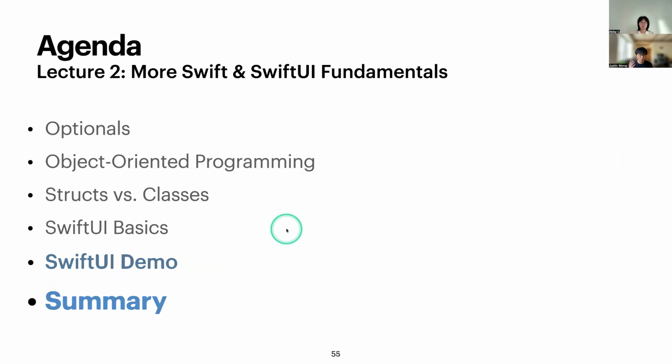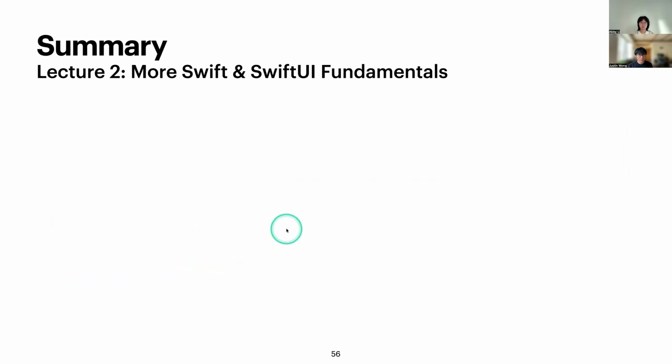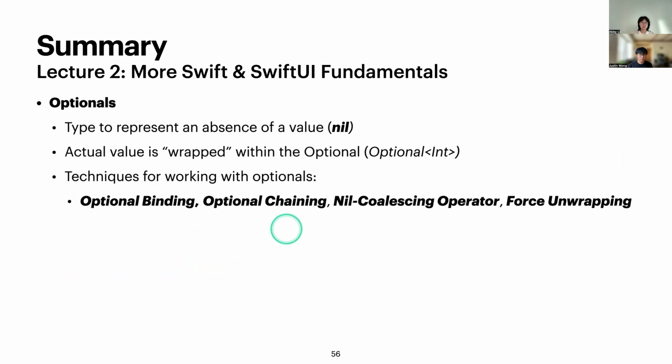So that wraps up today's lecture. In today's lecture, we first talked about a really powerful feature of Swift called optionals, which allow us to represent that there's no value at this variable, right? This type can have some value or it does not have some value, and we can work with